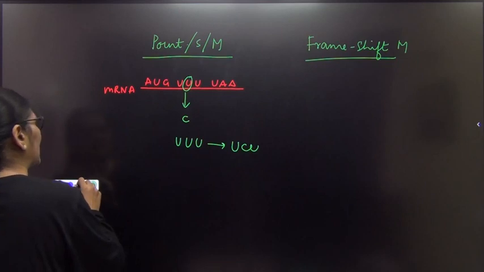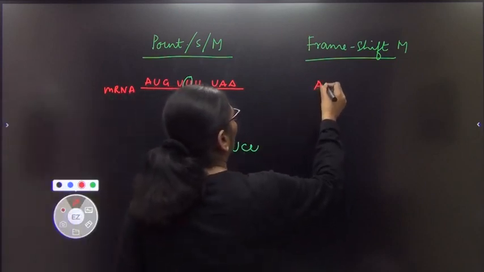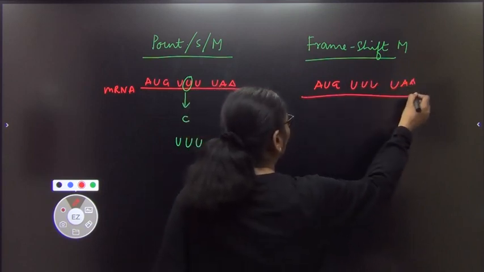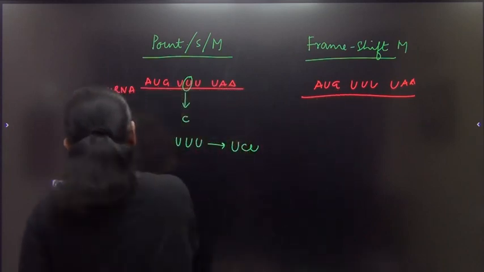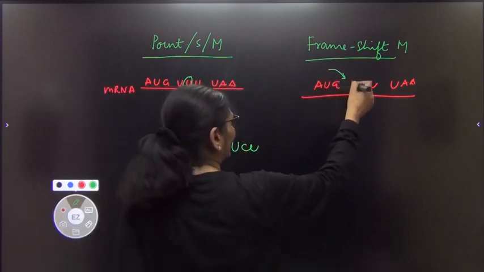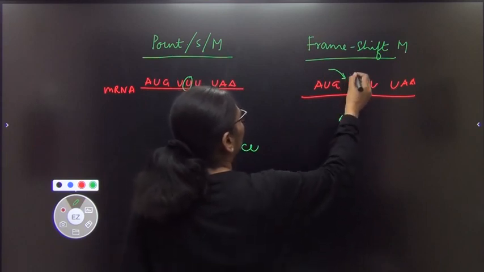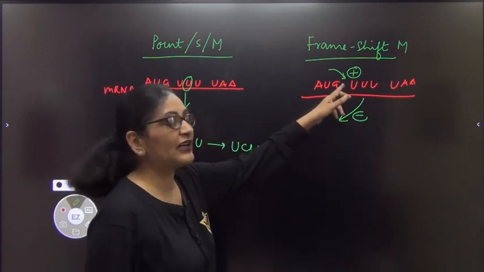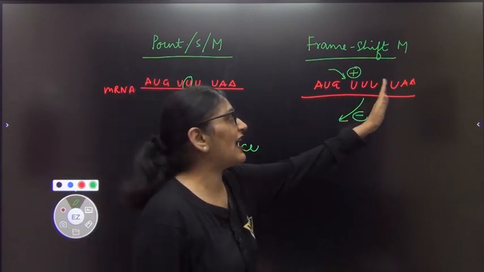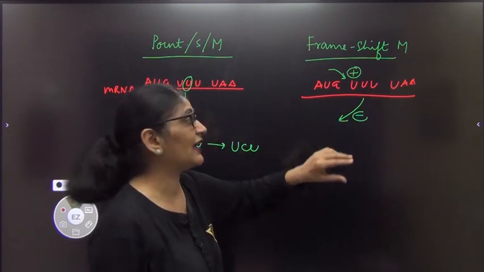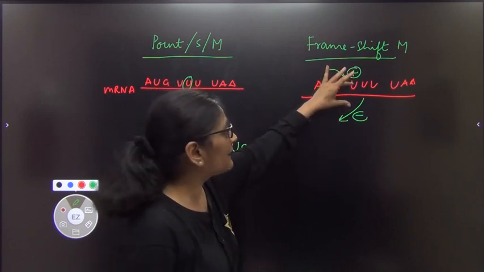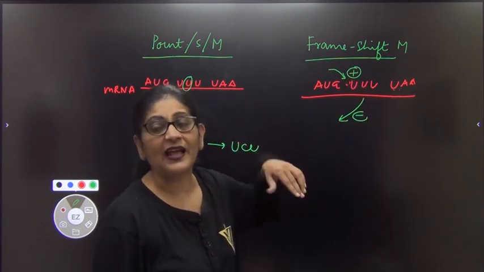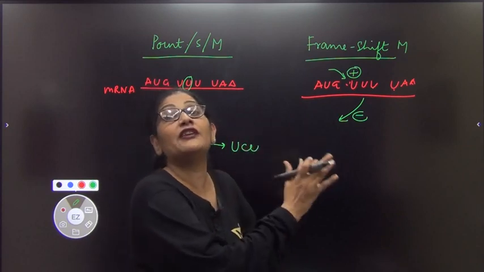Now I am going to put the same example over here. This is an mRNA made up of AUG, then UUU, and then UAA. Here one or more nucleotides may be added or one or more nucleotides may be deleted, right? If the number of nucleotides increases, obviously, जहाँ आपने insert किया है किसी भी nucleotide को, उसके आगे के सारे codons, hence amino acid change कर जाएंगे simultaneously. Similarly, अगर आप एक nucleotide को हटा देंगे, then also the codon will change, right? Hence the amino acid will change. Thus here the reading frame shifts.